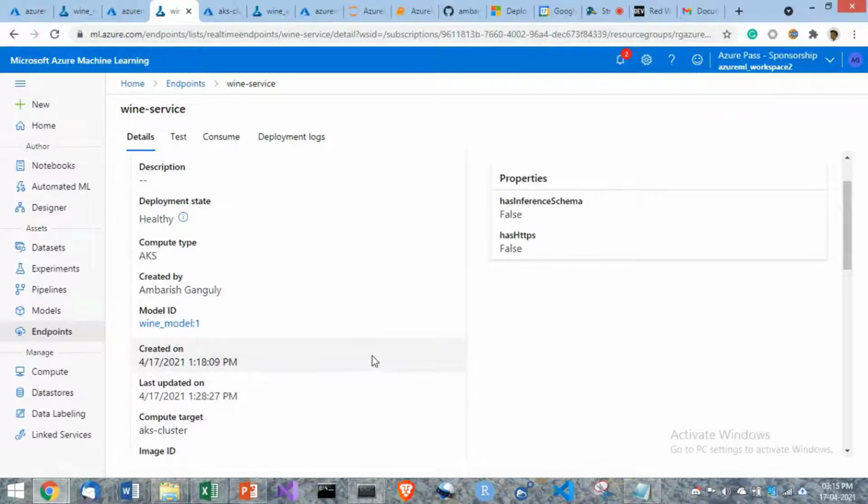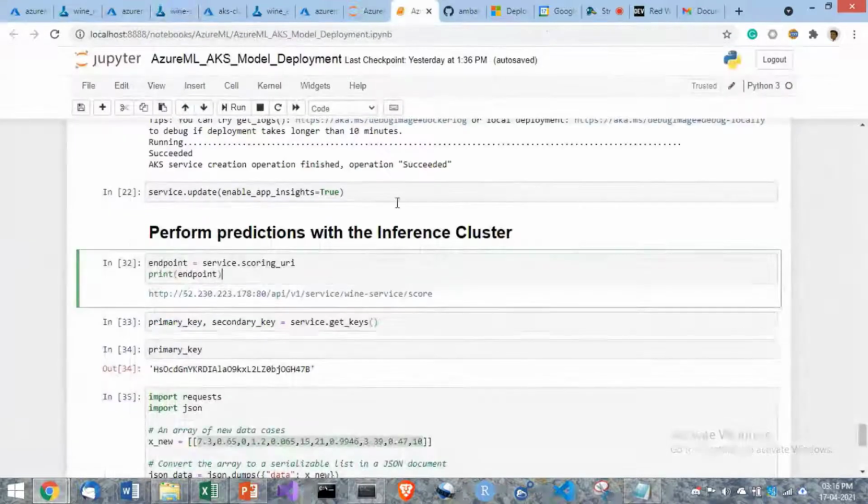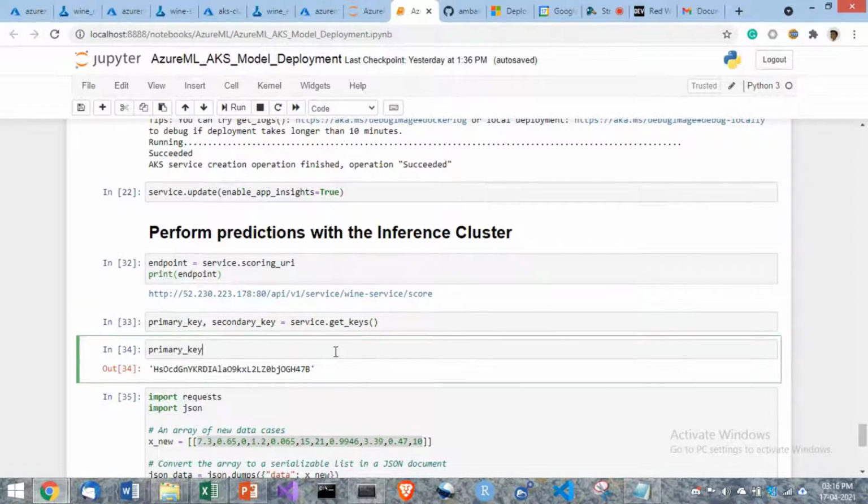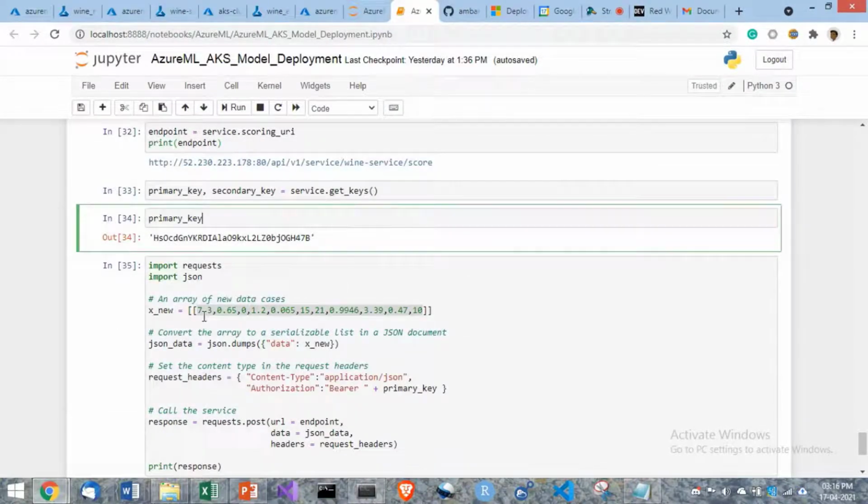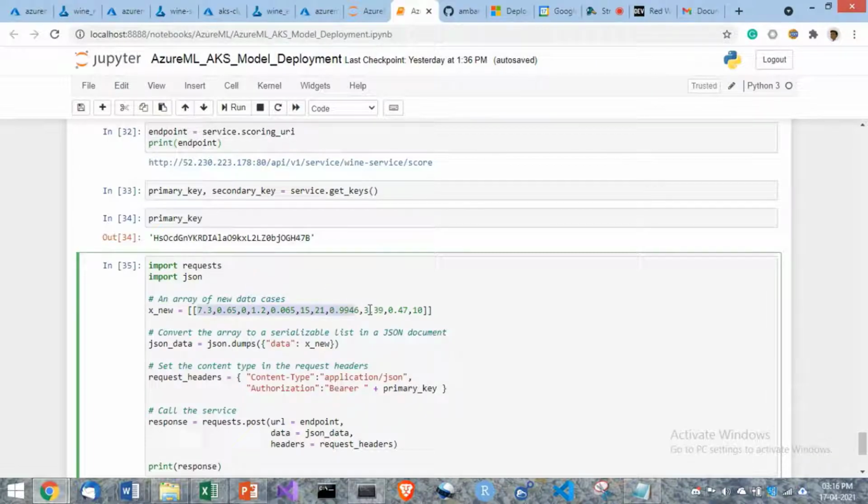Now, after this endpoint is there, we can utilize it to call and predict the quality of wine. So what we'll do here is have the endpoint, get the keys for it, and once you get the keys, I'll pass in this data.